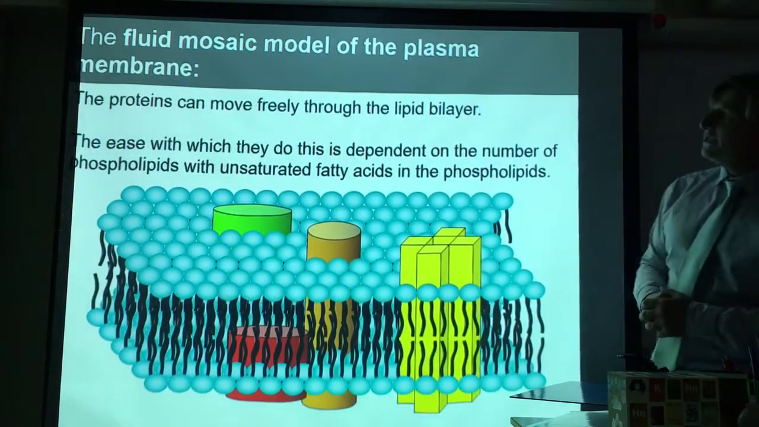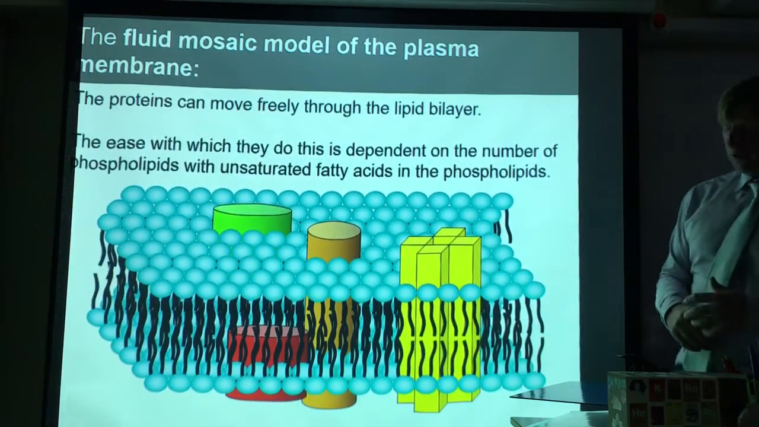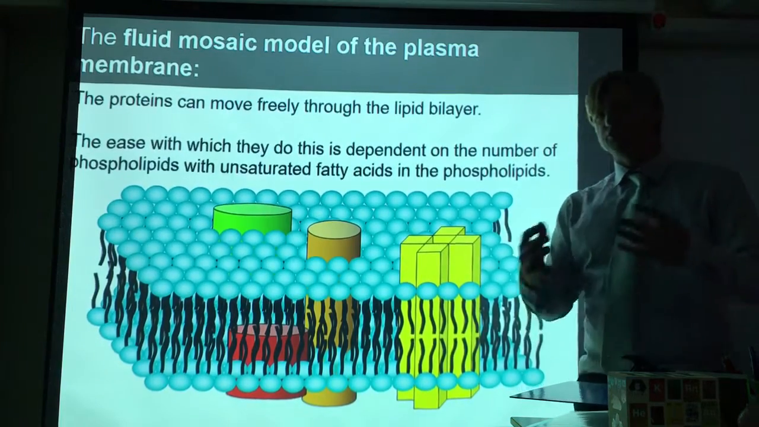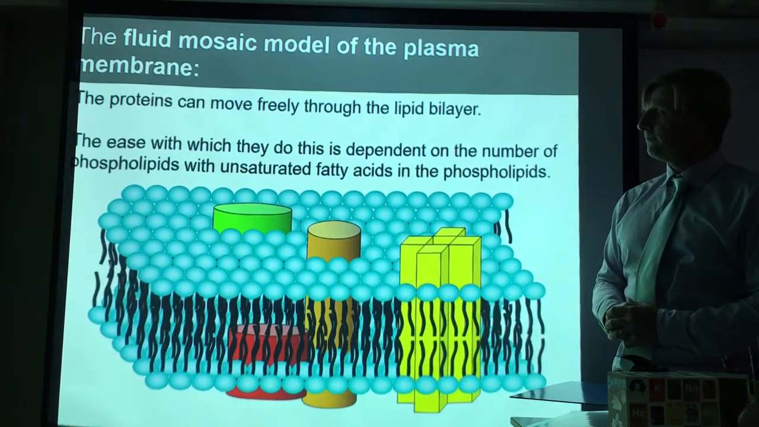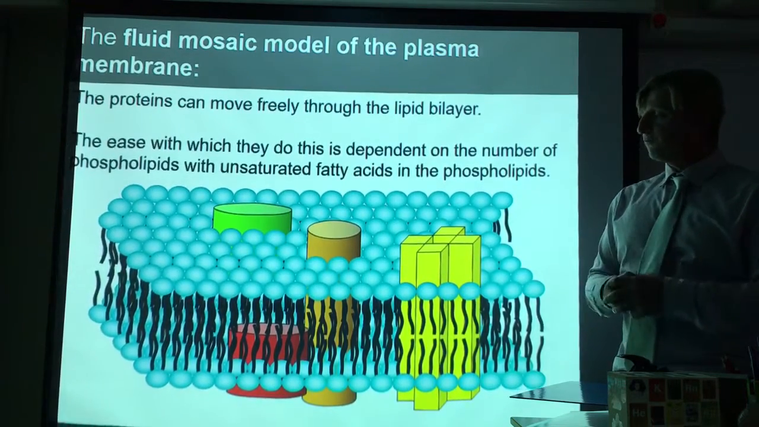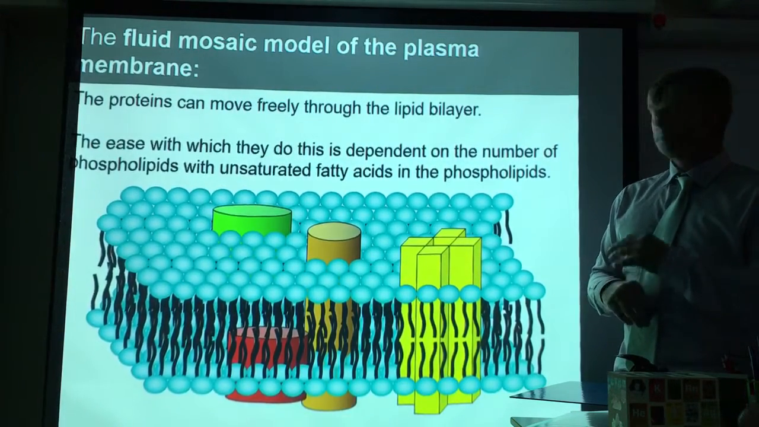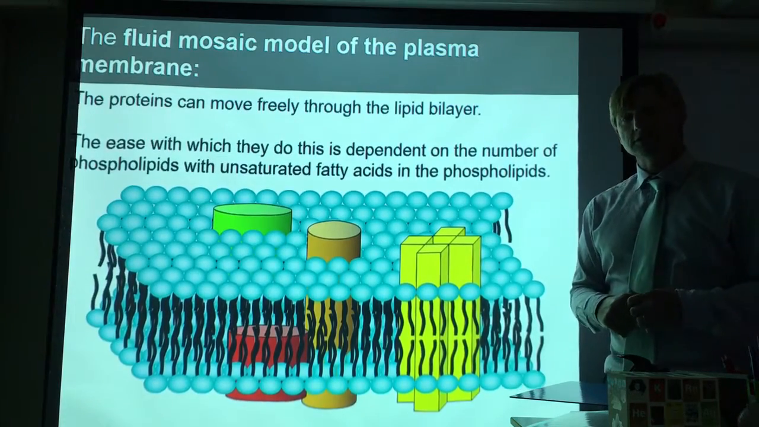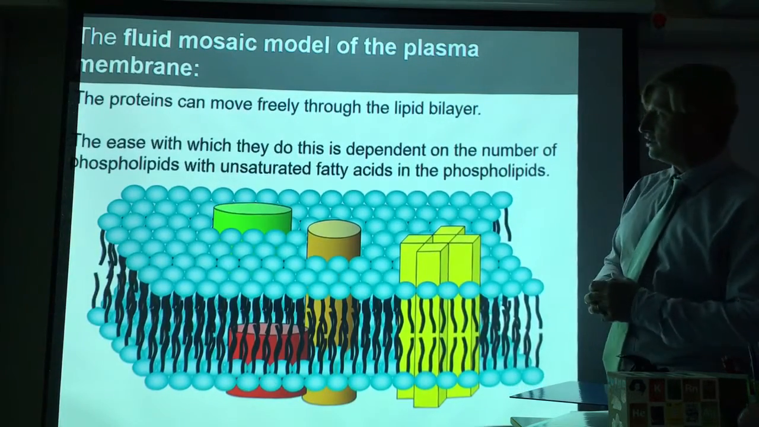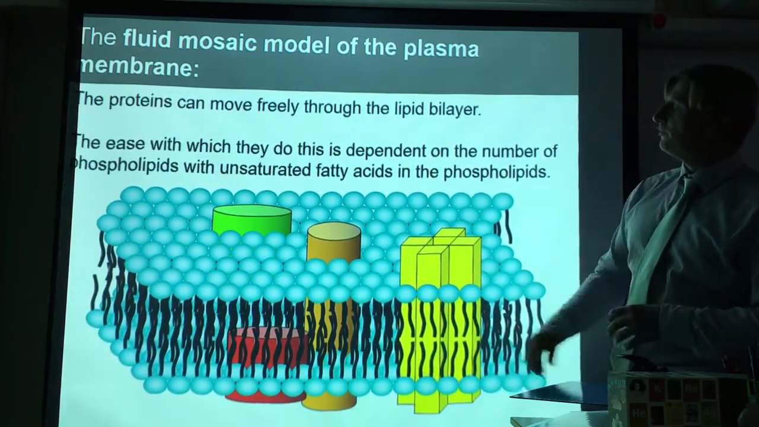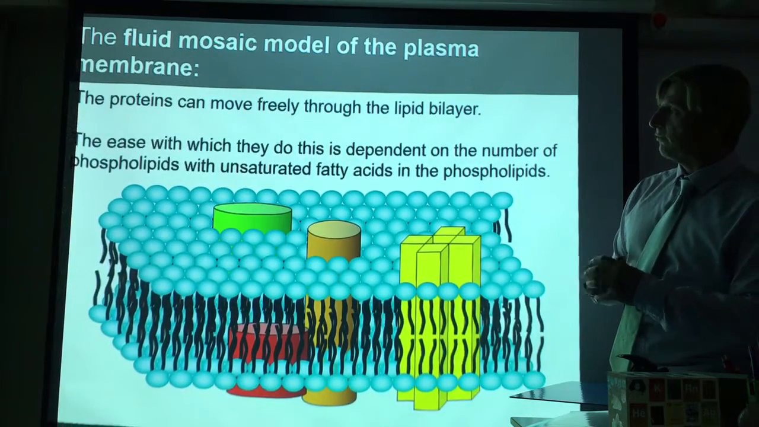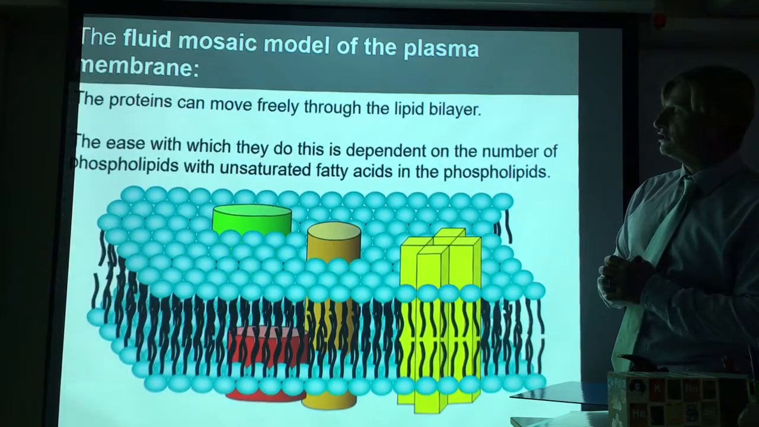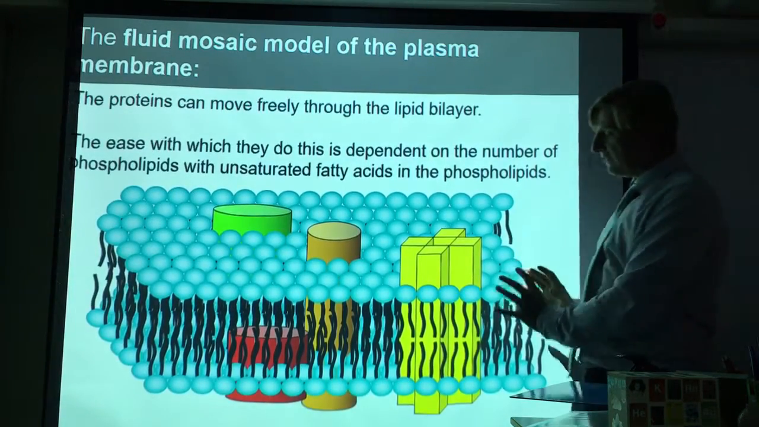So we need to know about how this lipid bilayer really is. Now, it's not just the phospholipids that are in a line, because if it was just the phospholipids, we wouldn't be able to achieve the functions that the membrane needs to achieve. And so one of the things that scientists came up with was an explanation that we have the lipid bilayer,